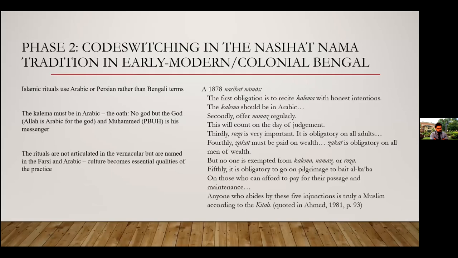Again, it's a part of the wider revivalist movements that take place, and you can see on the right an example from 1878, which is a really late one, but it communicates the exact same thing that would happen here in the Nasihatnama. So there you do see the term